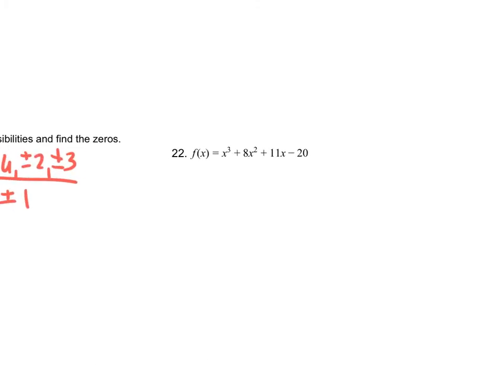For number 22, again, we find factors of last. 1 times 20, 2 and 10, 4 and 5, over factors of first, which is 1. 1 plus 8, 1 works. So our